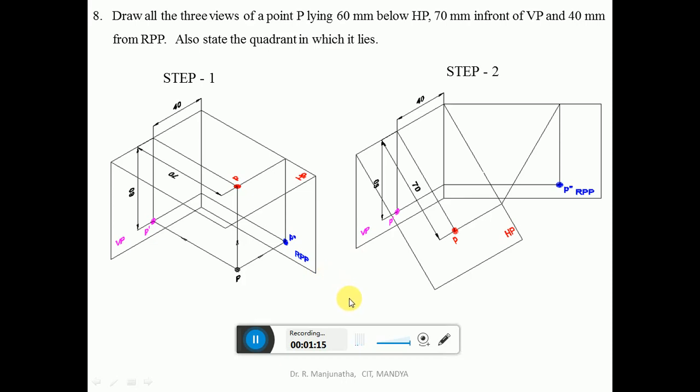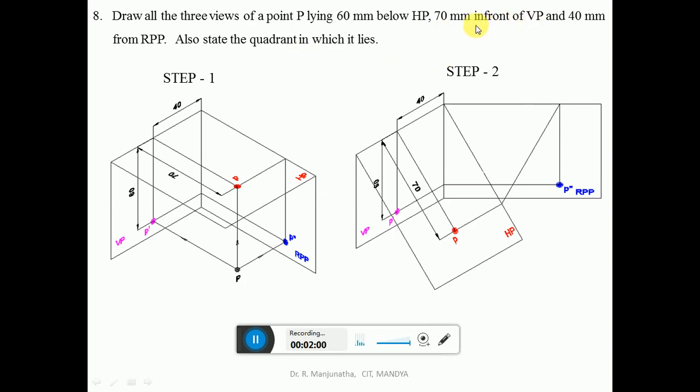Now, to view the image in the vertical plane, we have to look from the direction perpendicular to that plane. That is, when you are looking from the front, the front view is the direction perpendicular to the vertical plane. To view the image on the horizontal plane, you have to look from the top view. The top view is perpendicular to the horizontal plane. Similarly, when we want to view the image on the right profile plane, there are two views in which the plane is perpendicular. One is the left side view and the other is the right side view.